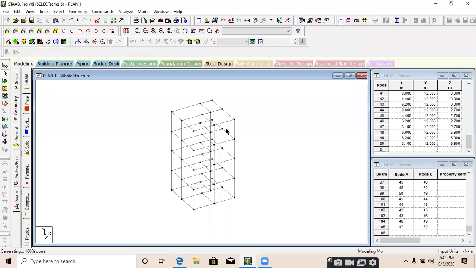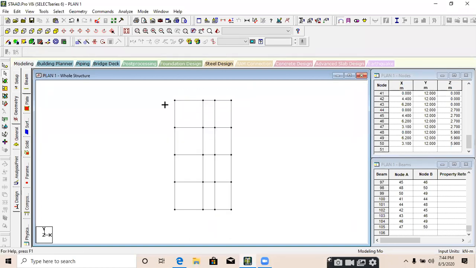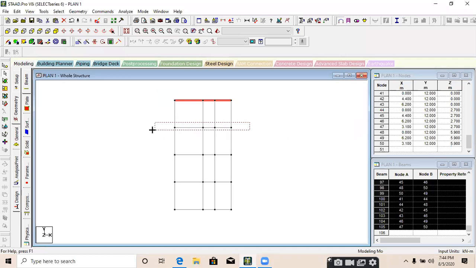Now what is next? We need to create slab in between the beams. For that, go to front view, select all the floors, hold your control button and drag a window like that.